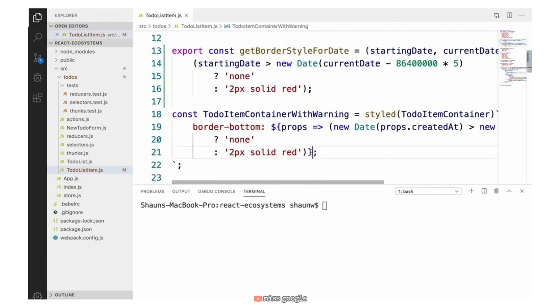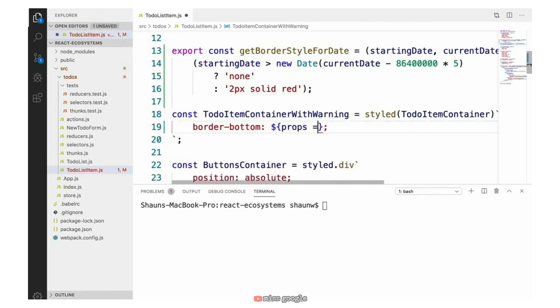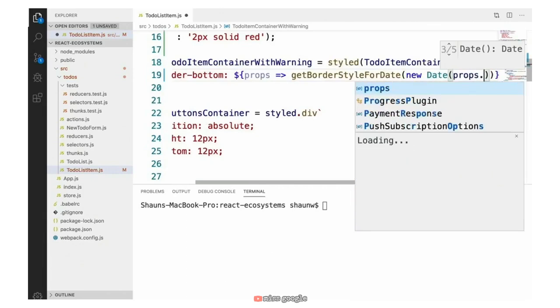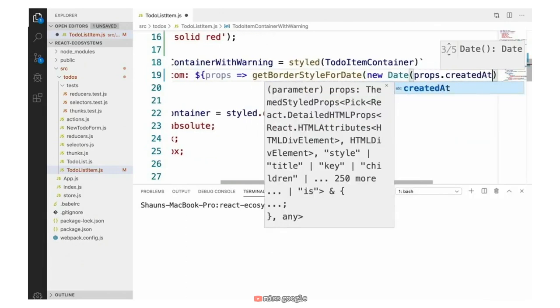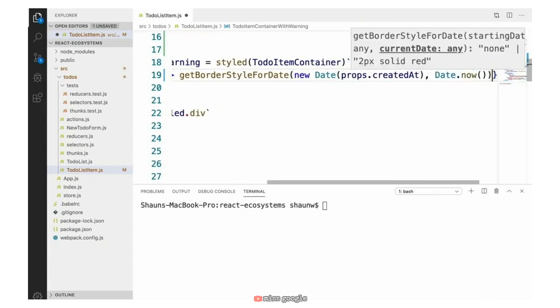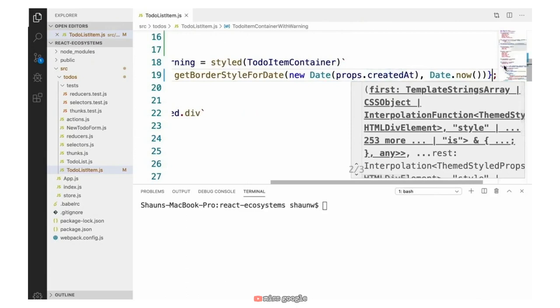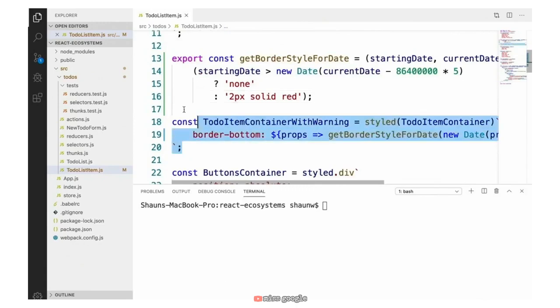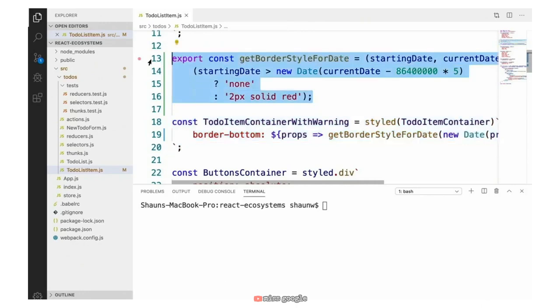And now, instead of having all that logic inside this styled component here, we're going to say props getBorderStyleForDate. And for our current date, we're going to say new Date(props.createdAt). And for the starting date, we're going to say Date.now. And again, the reason we would go to the trouble of doing something like this, well, first of all, it makes our styled components more readable, in my opinion, but it also allows us to test this logic that we have in here. So let's create a new test,